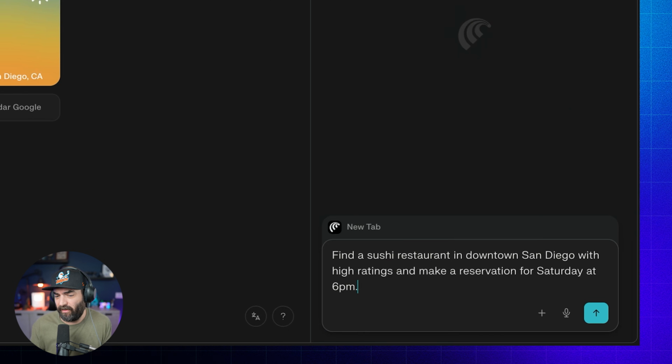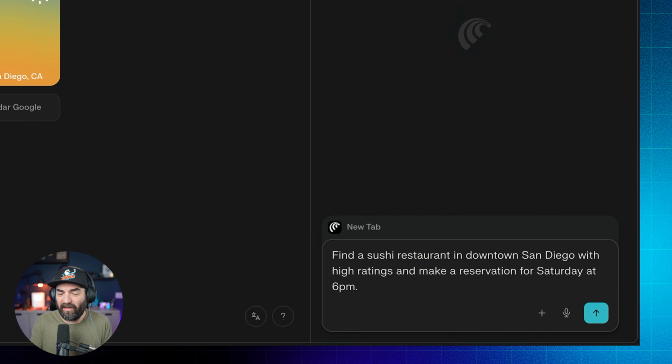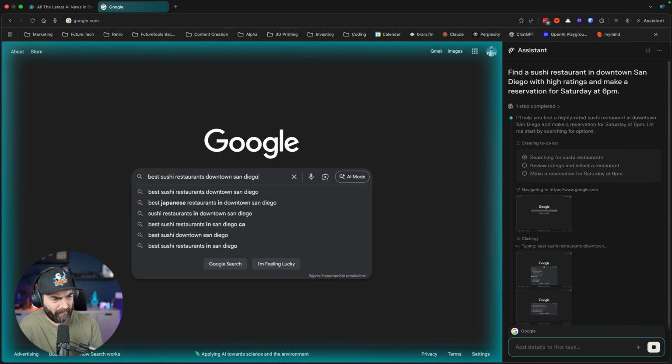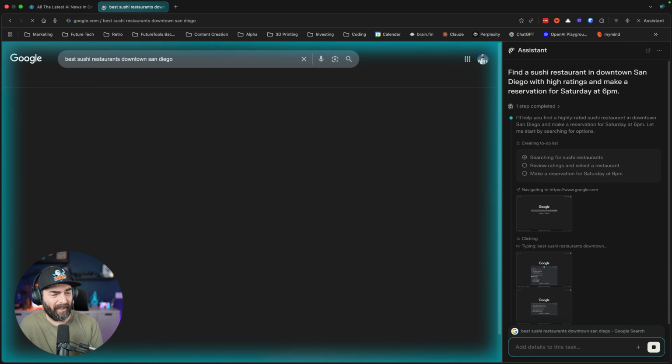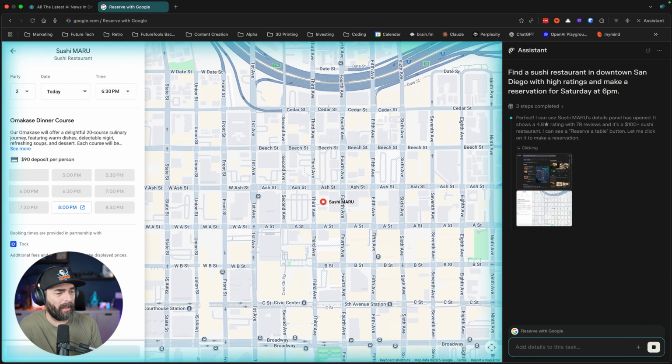I can also get it to go and do sort of assistant-like tasks for me. For example, find a sushi restaurant in downtown San Diego with high ratings and make a reservation for Saturday at 6 p.m. It's going to take control of my screen. Interestingly, it's actually Googling it for us instead of using Perplexity, but it's searching best sushi restaurants in downtown San Diego. It found some restaurants, clicked into a restaurant, clicked into the booking page, opened up our calendar here, selected